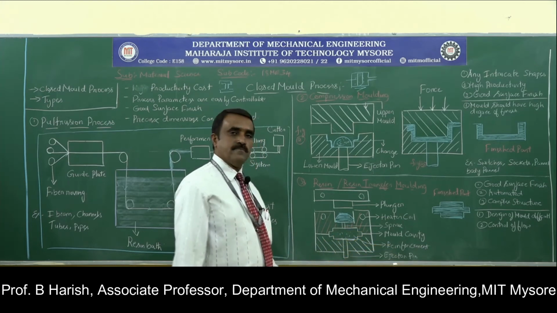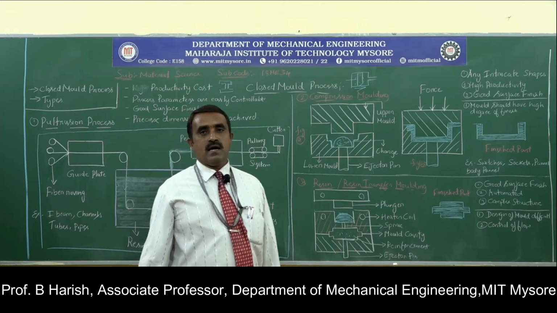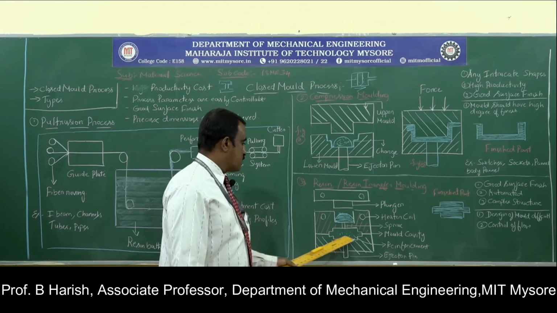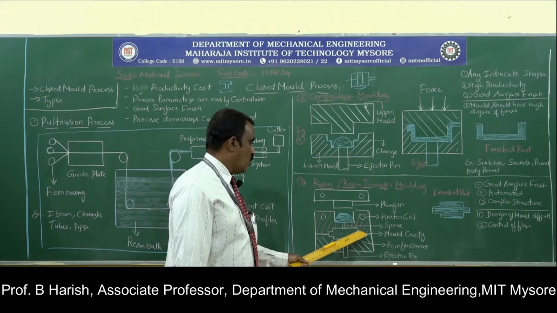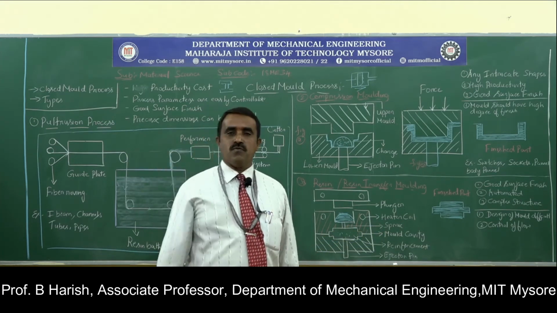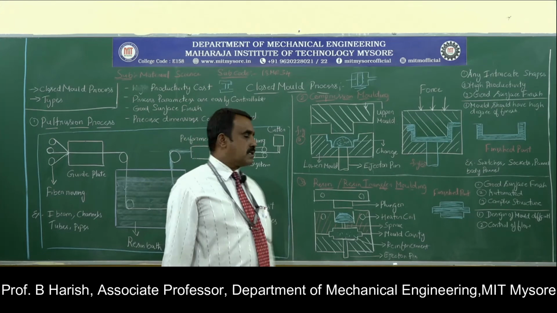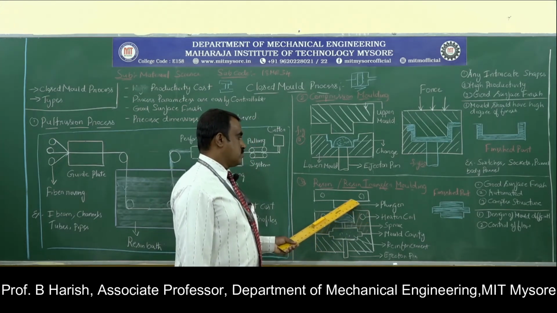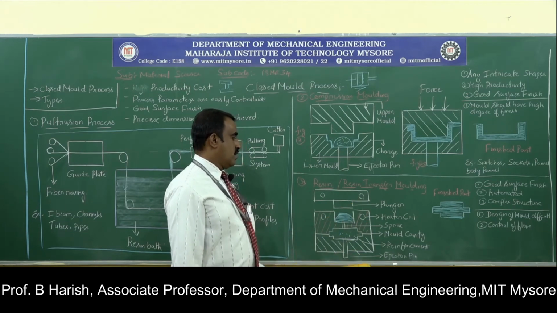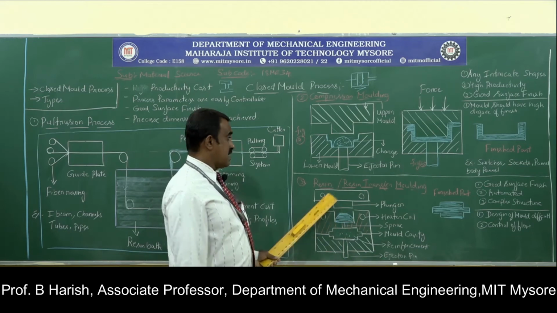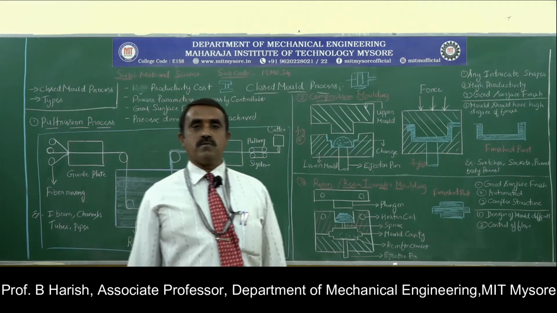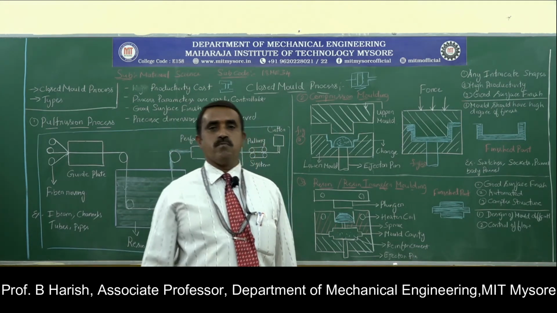These are reinforcements. Any composite material will have matrix and reinforcement. The reinforcement is filled in this mold cavity. This is a sprue. A sprue is the passage through which the metal flows. This is the plunger. Then these are the heater coils. Then as usual it will have an ejector pin. It is called resin transfer molding because resin is transferred into the mold box.